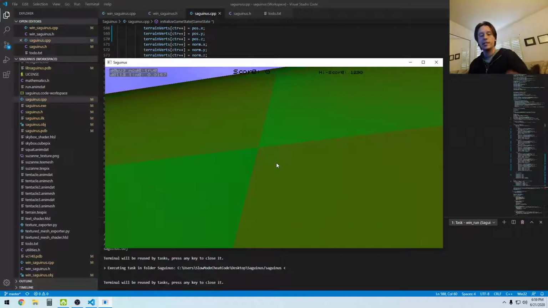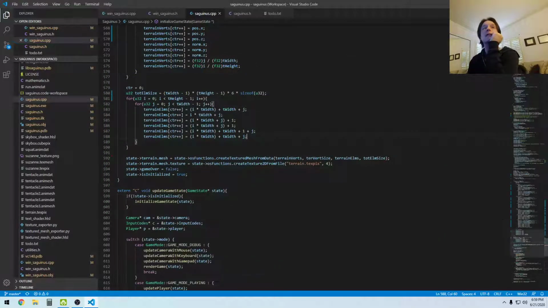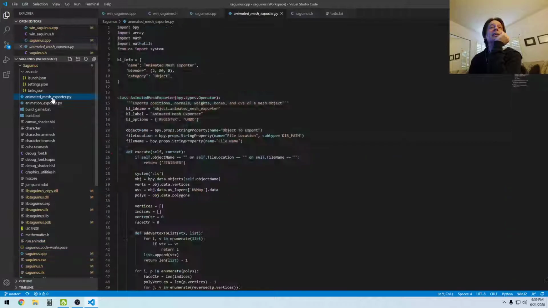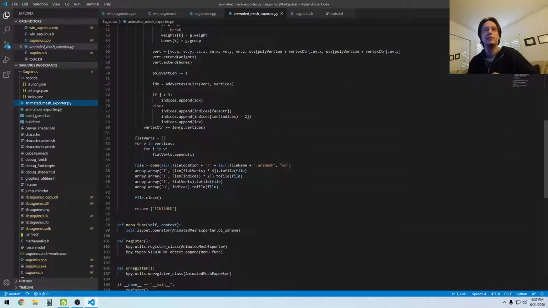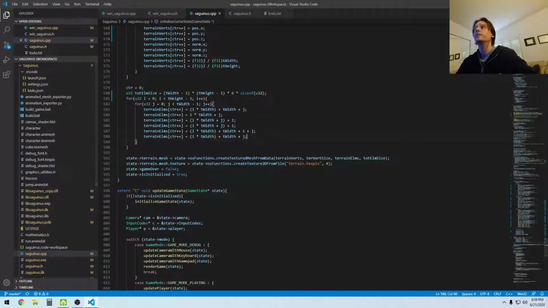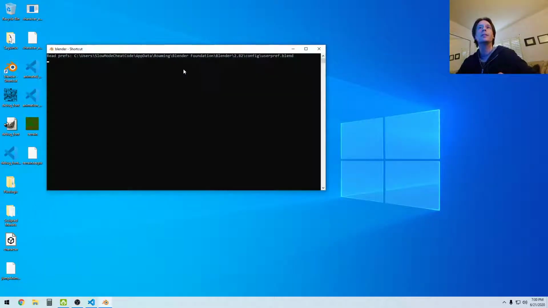So the terrain is now complete, but I lost my character mesh, and that's because I have to now change my exporters. So this should actually be x4 now. Yeah, I'm gonna go ahead and do that now. So let's open up Blender